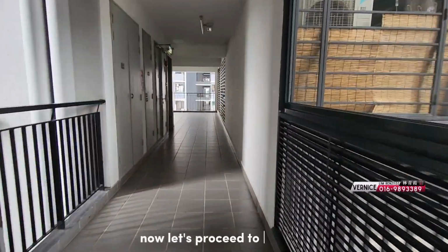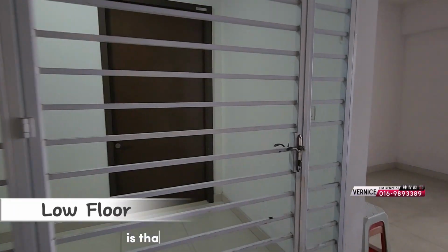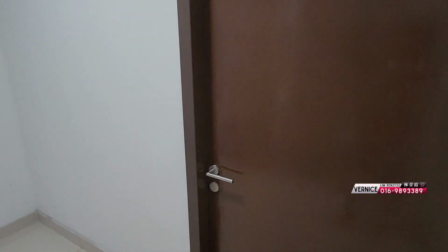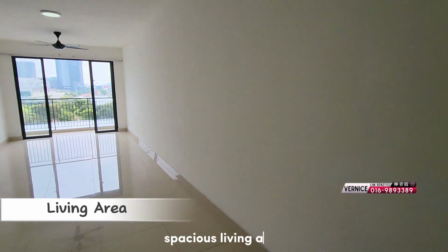Now let's proceed to the unit. It's at a low floor, comes with grills, double door entrance, spacious living area,